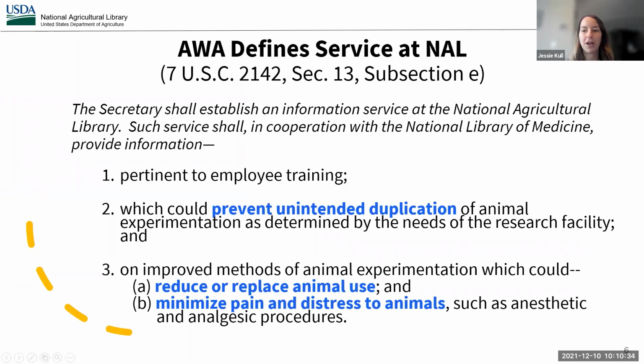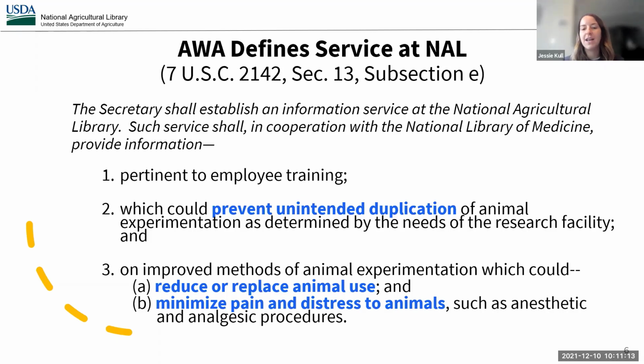And now that there were going to be so many more information requirements asked of the IACUCs and the PIs, such as having to consider and search for alternatives to painful and distressful procedures, Congress put in a provision for an Animal Welfare Information Service at NAL that shall, in cooperation with the National Library of Medicine, provide information pertinent to employee training, which could prevent unintended duplication of animal experimentation as determined by the needs of the research facility, and on improved methods of animal experimentation, which could reduce or replace animal use and minimize pain and distress to animals.